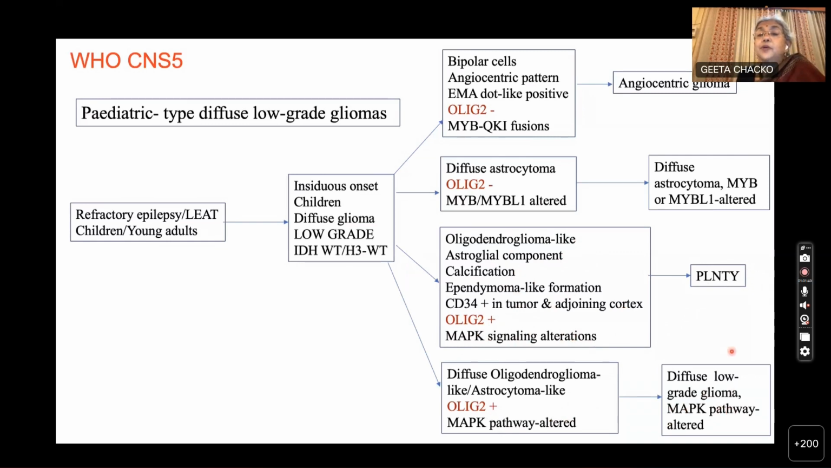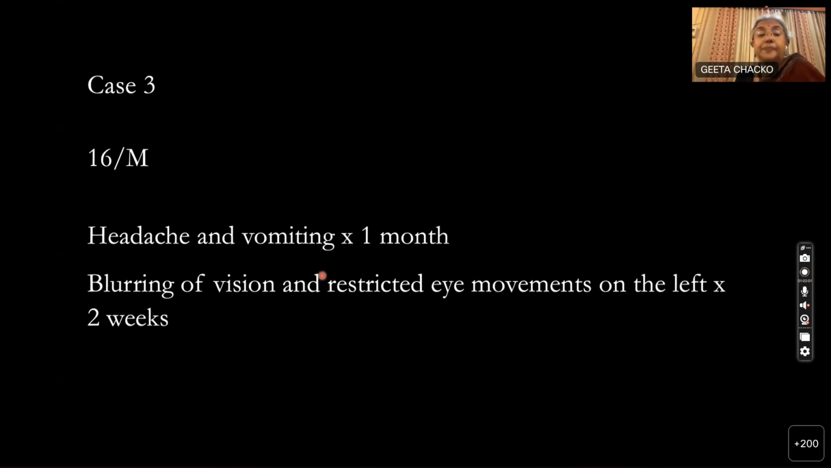It is important to know this because an oligo-like appearance is seen in many of these, but they are IDH wild type, and therefore they are not oligodendrogliomas. Oligodendrogliomas are almost always IDH mutant. Right? So going on to the next case,